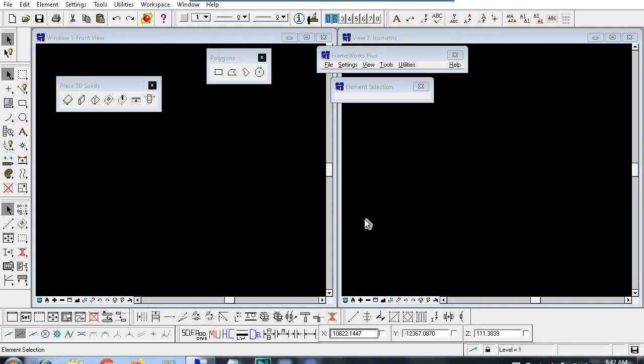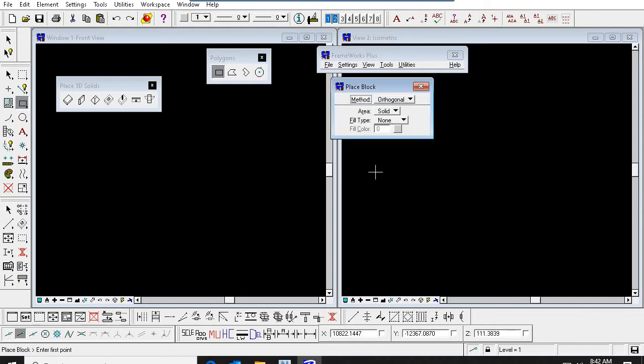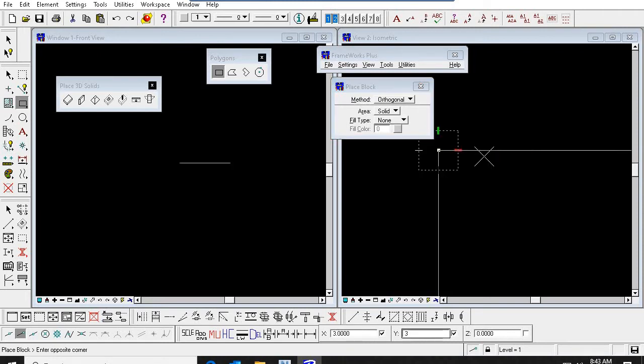Hello, dear friends. Today we are going to see the pit modeling and duck bank modeling. Here I will teach what are the methods we are following for the pit modeling. First, I am making one square. Example 3 meter by 3 meter.